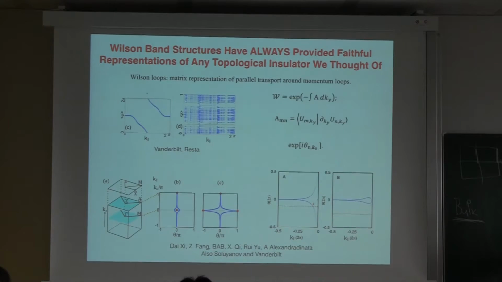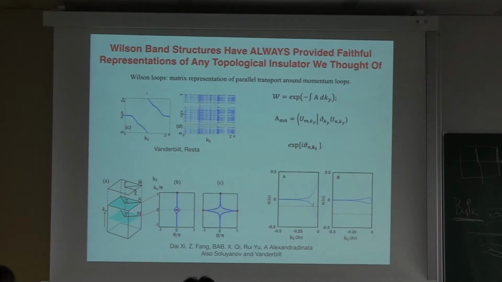So what happens is that I have a set of bands in a material. These are bulk bands with a gap, however many bands with a gap. And if my Fermi level is here, I can just build a projector at each k point into all the occupied bands. So this is the sum over n occupied of psi n, and this is at each k point. The Hamiltonian is diagonal in momentum space, so I can always build this projector.